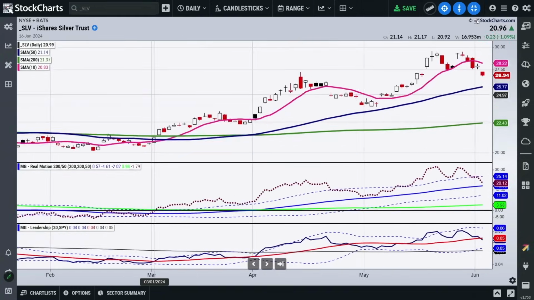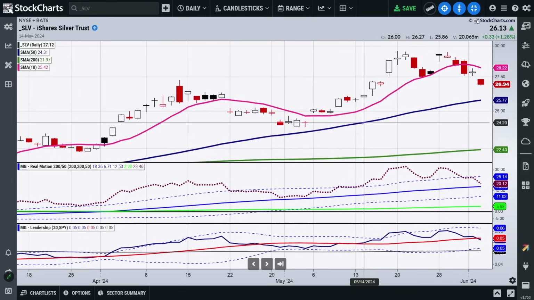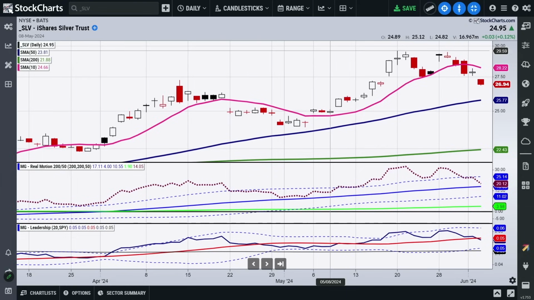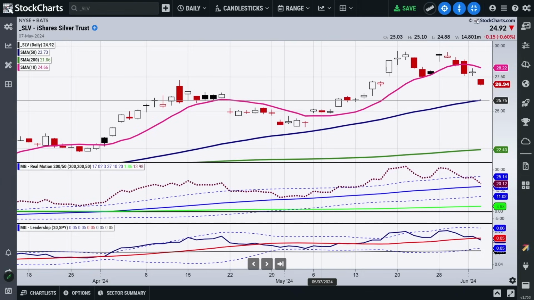So if we take a look, I'm going to scroll out here. What we can see right now is clearly we had the mean reversion. We had a double top here at around that $30 in SLV. And now people are starting to get very negative here. I actually think that if you look at the underlying chart, I'm still thinking that this has a lot of room to the upside. And I think if we can get to a move to around 26.50, which would be around 28.70 in the cash price, then it's possible that you would have an opportunity. If you waited for it to 50, you might miss the boat, but you might have an opportunity to get in there. I'm still very long-term bullish on silver.